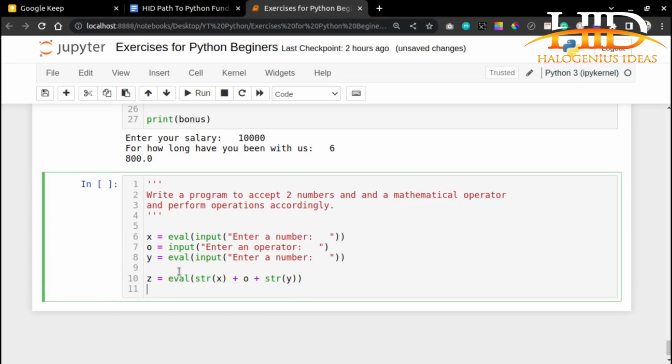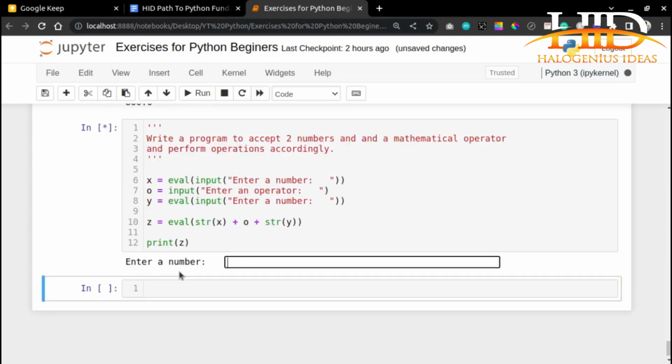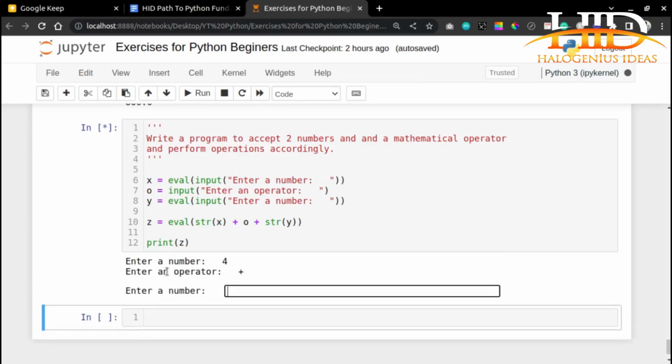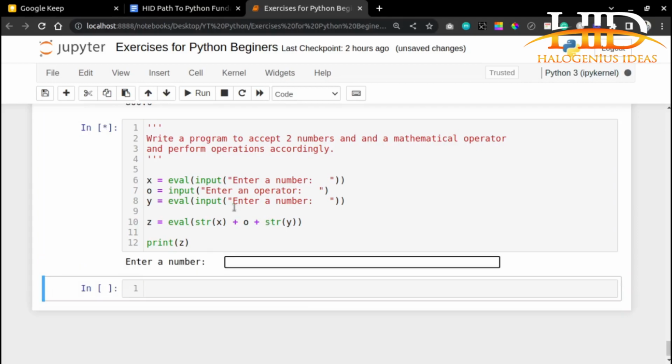So print z. So enter a number, 4, enter an operator, plus, enter a number, 5. You see it is giving me 9. 4 plus 5 equals 9. Let us run it again before I explain what is happening. So let me say 7